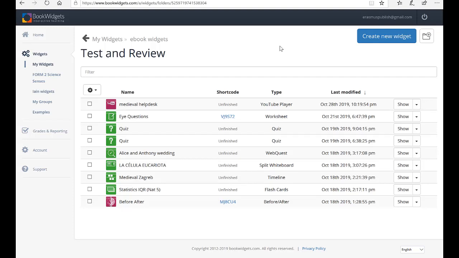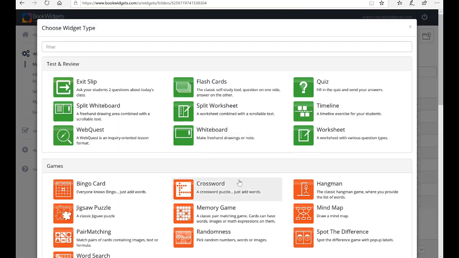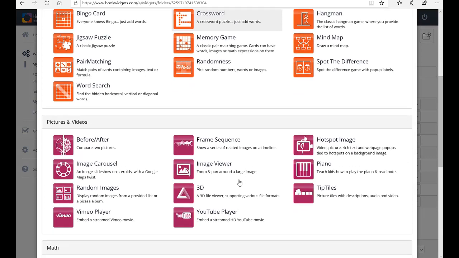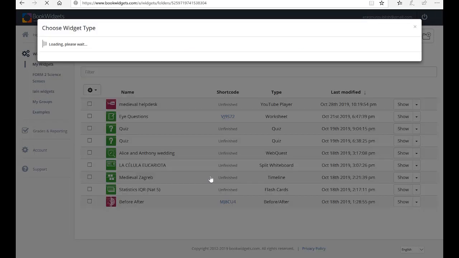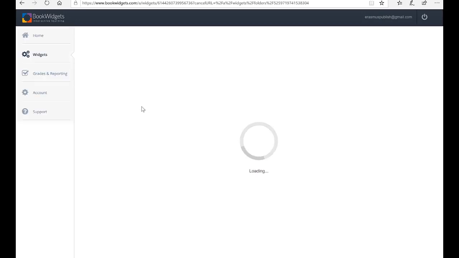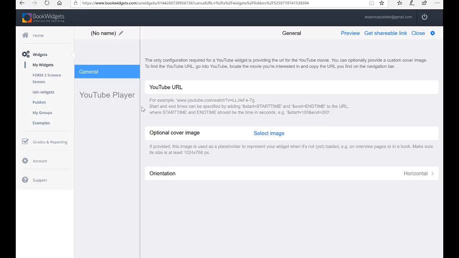In this tutorial we will be learning how to create a YouTube video link. First of all, click on Create New Widget, and from the Video and Pictures section you'll find a YouTube player. Now the YouTube player, this particular widget is very good for adding to ebooks so that you can play videos